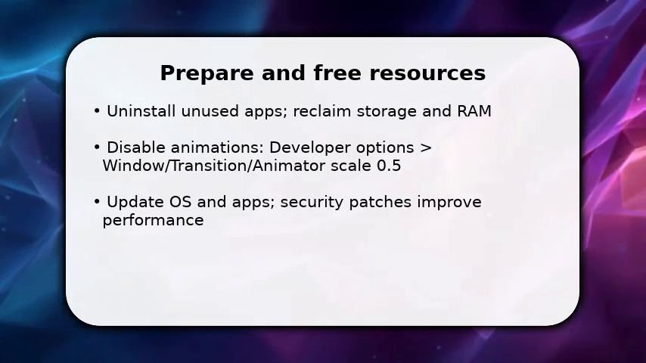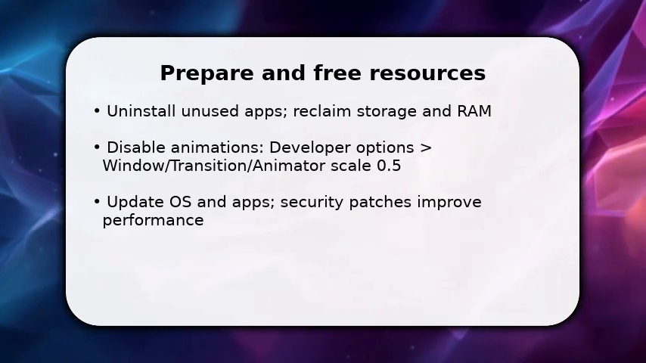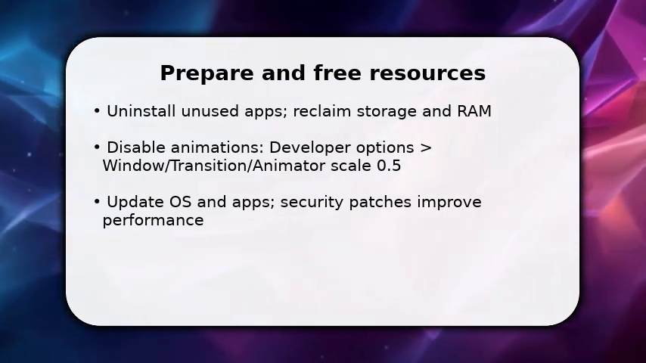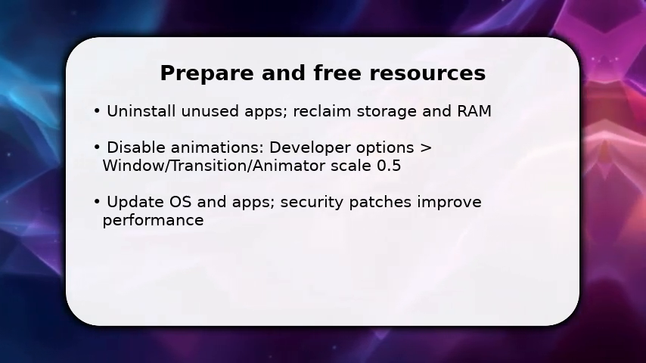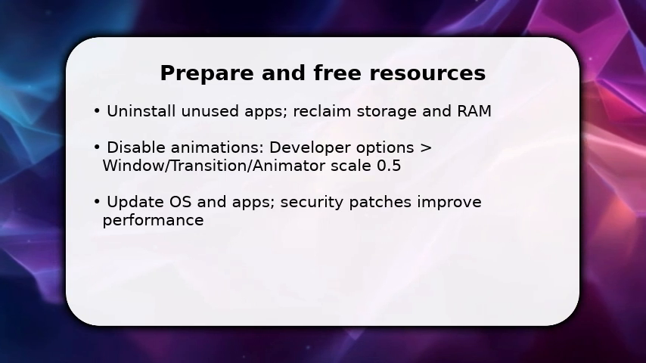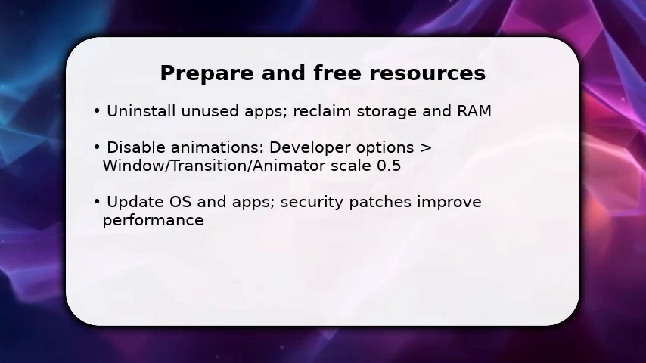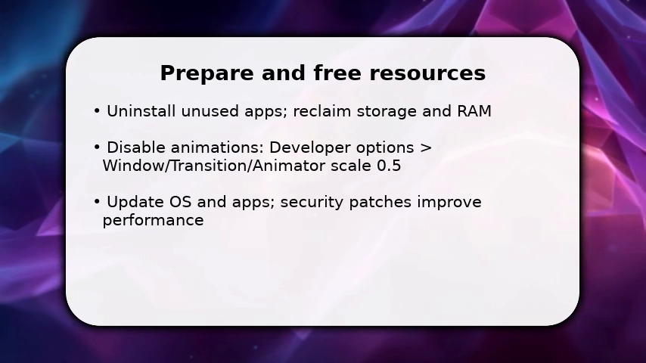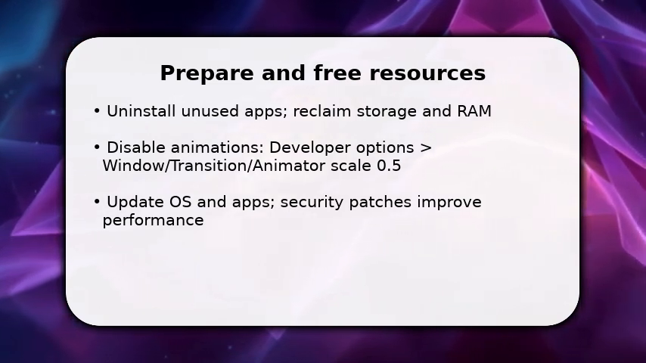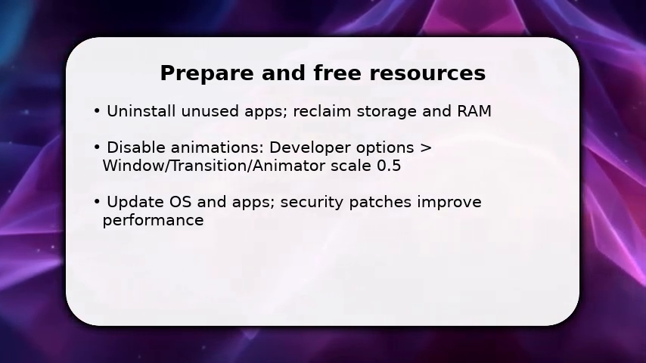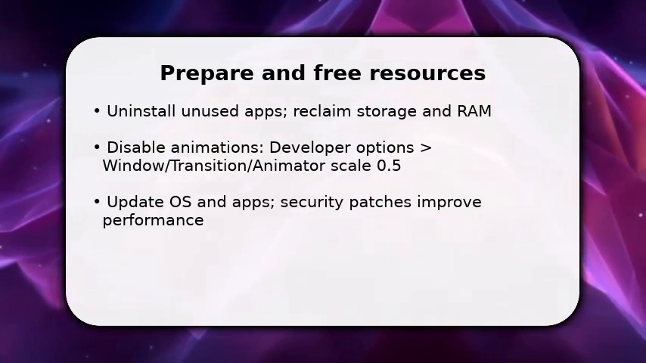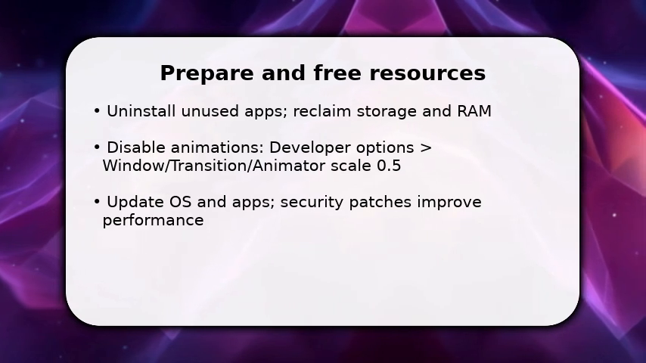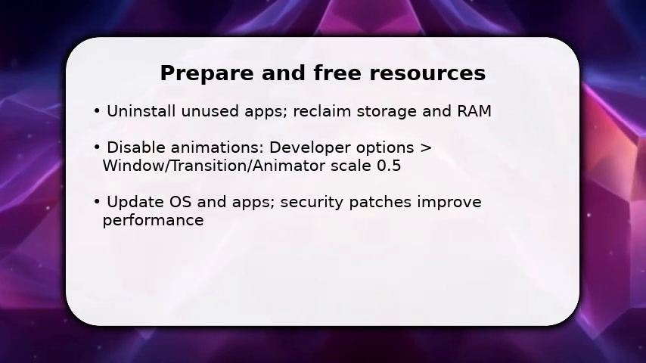You start by freeing resources and setting the baseline. Uninstall or disable apps you never use so RAM and storage aren't tied up. Once done, reduce animations in developer options to 0.5 to speed UI rendering. Make sure to update the system and apps because newer builds often include optimizations. This initial cleanup makes subsequent tweaks faster and gives you a clear performance baseline to measure gains against when you